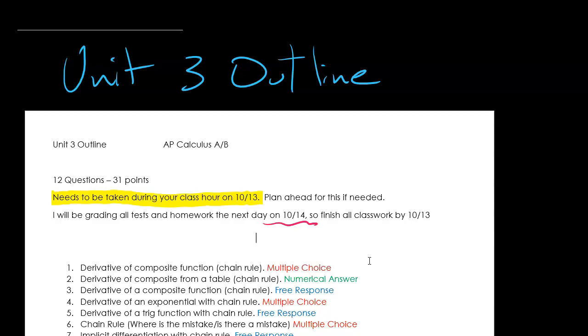And I know some of you guys, for whatever reason, get a lot of anxiety from timers. Like if there's a timer in the corner, it kind of makes you feel like everything's going faster. So yeah, I don't think time should be an issue, but yes, during the class hour.